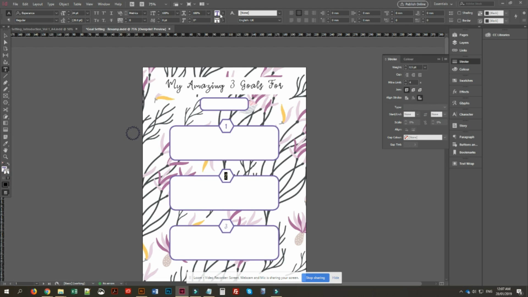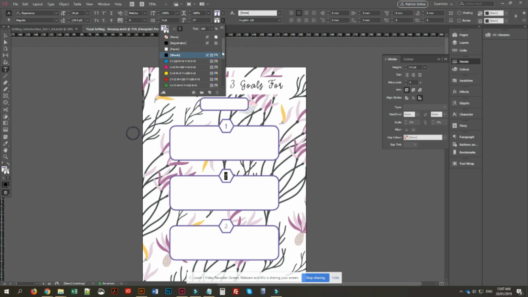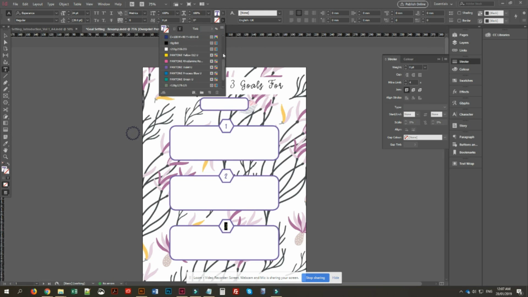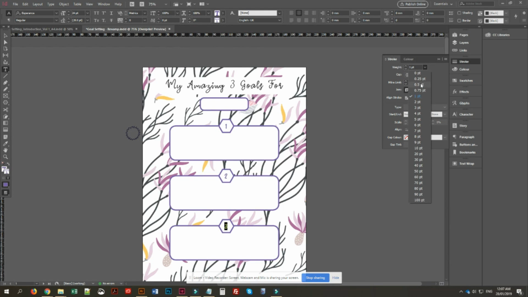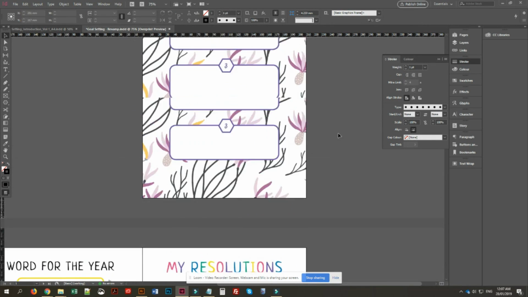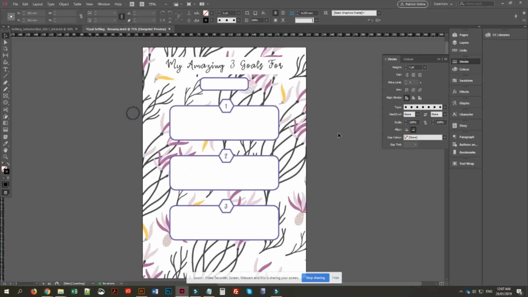0.5, and then you'll change the stroke to this color. Okay, perfect. And the same thing goes to this one. I think it's starting to look really different from the first one. And then if you don't want the background to be too dark, you can always click the background and maybe make it a little bit